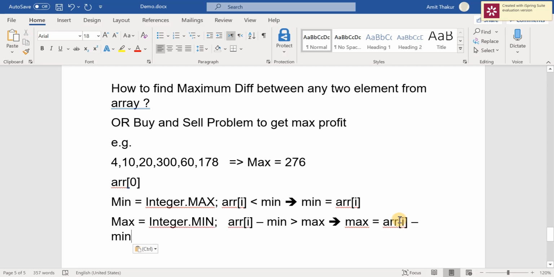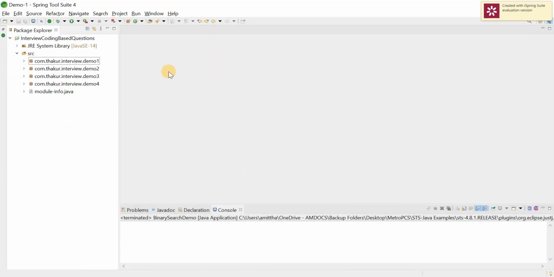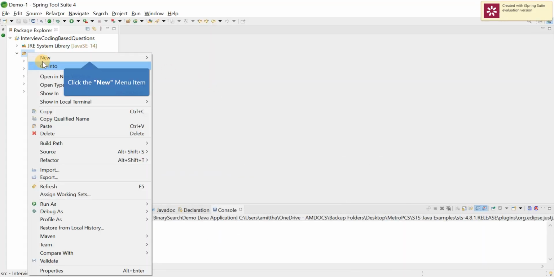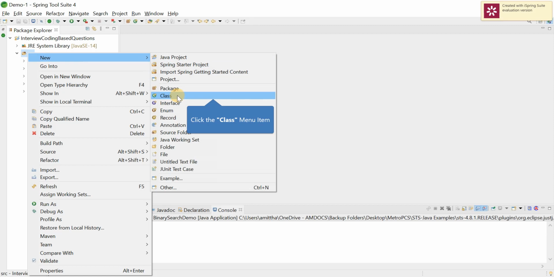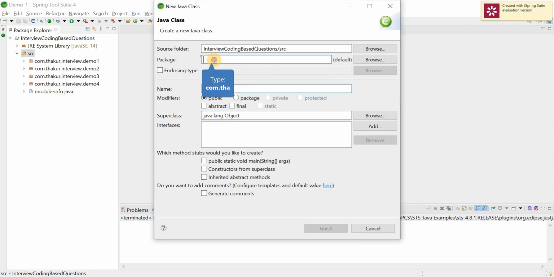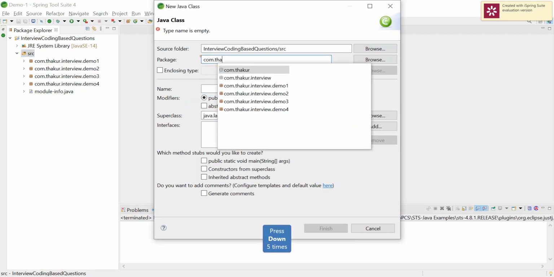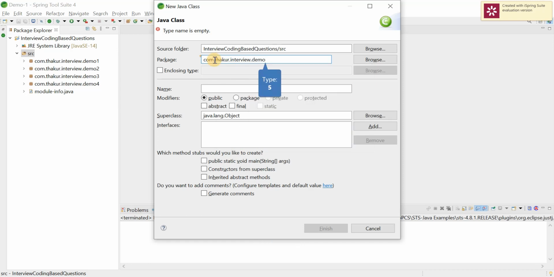Okay, so let's try to implement it so we can understand. Let's go to Eclipse. Create a class com.thakur.interview.demo5.